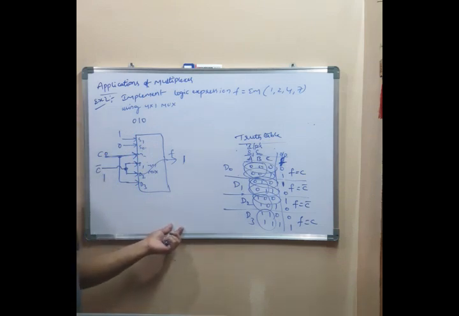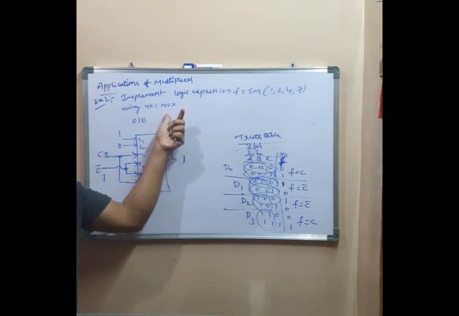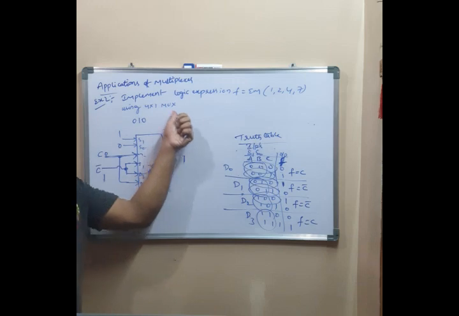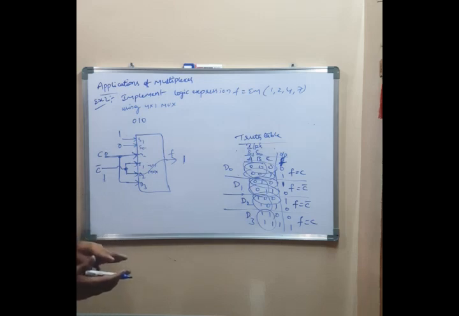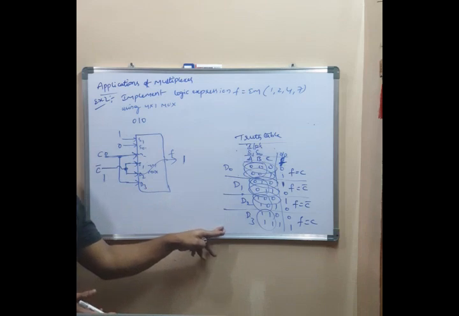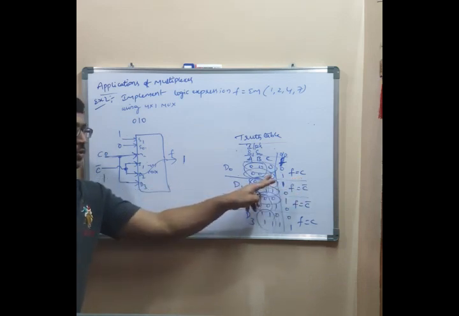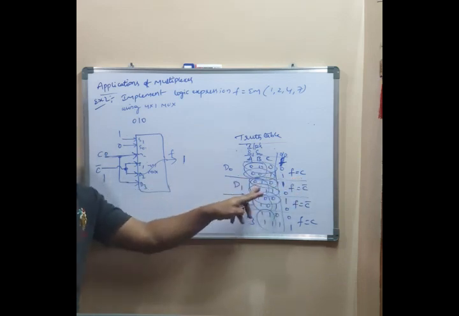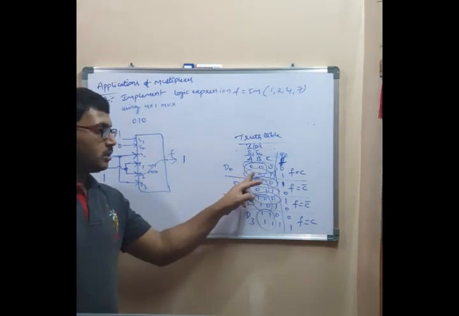Right? First, if a 3 variable function is given and they ask to implement the function using 4 into 1 mux, because this is not the suitable size of multiplexer to implement this function, first what we have to do is categorize the truth table into parts and assign the data inputs, and for these data inputs we have to connect this variable values. So whenever the value of this variable is 0 or 1, based on that you will get the output. Right? So here the same combination of values is occurring twice. AB is same